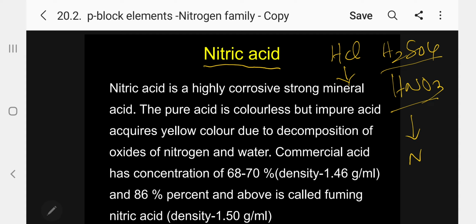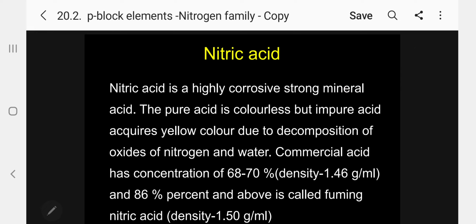These are the compounds, inorganic as well as organic compounds. So mainly, you should be very careful regarding dilute acid and concentrated acid. That is the most important care you have to take under the mineral acids. So here, nitric acid. Let me take first.